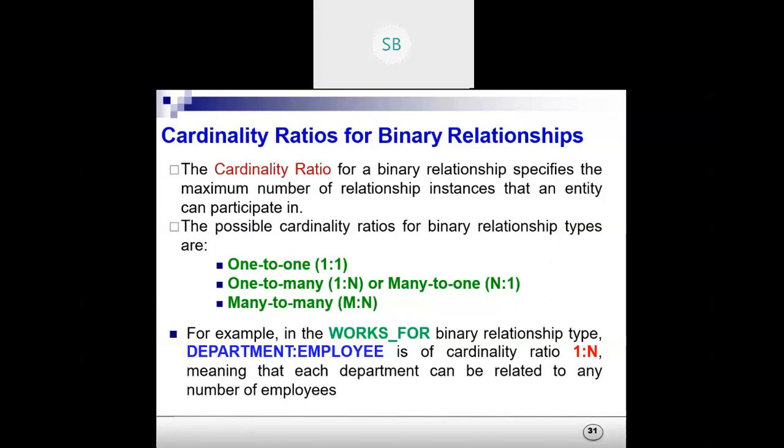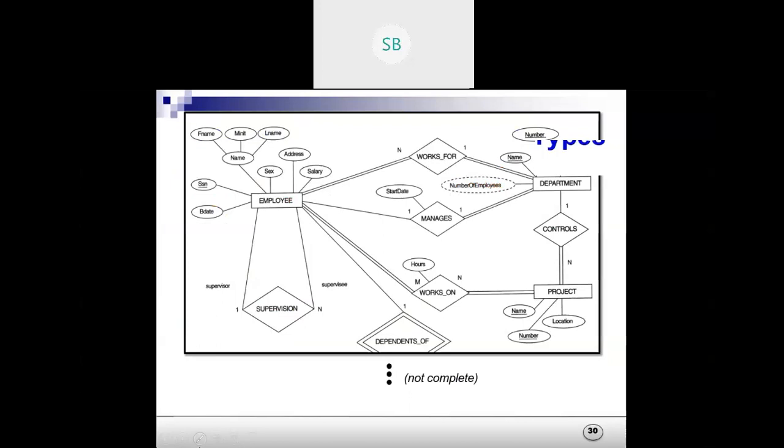So it is mentioned that one only. So maximum number of relationship. Now the possible cardinality ratios for binary relationship types are 1:1, 1:n, and so on. I'll explain it right now. You can just check the relationship works for. Let's go back. Works for